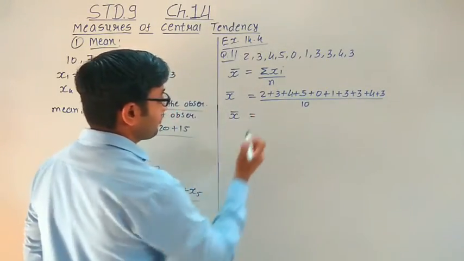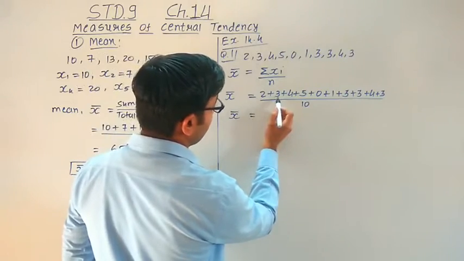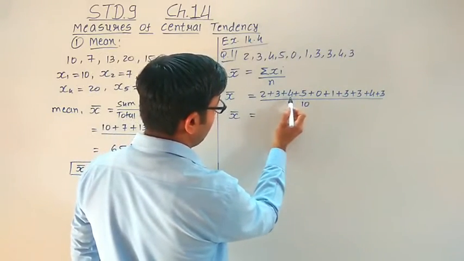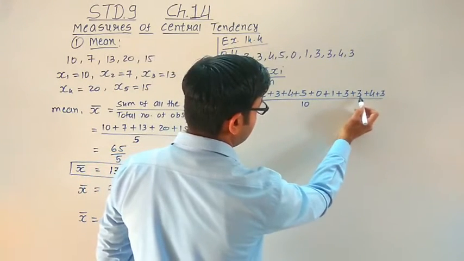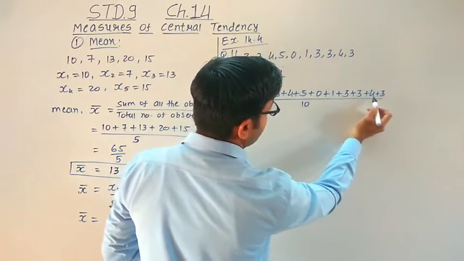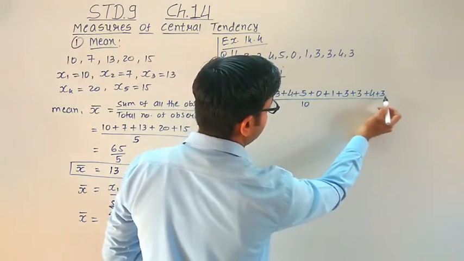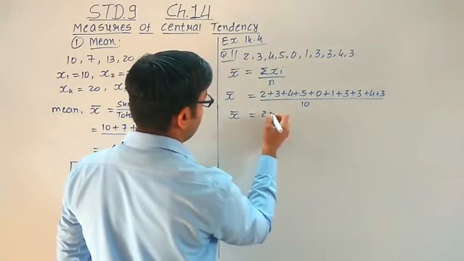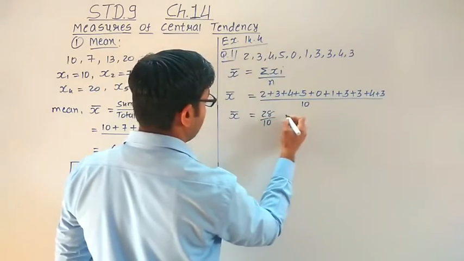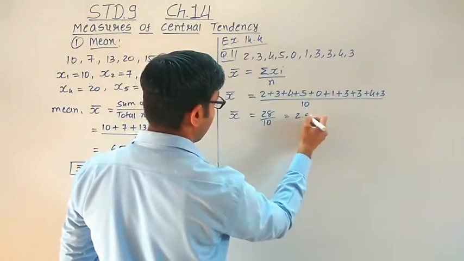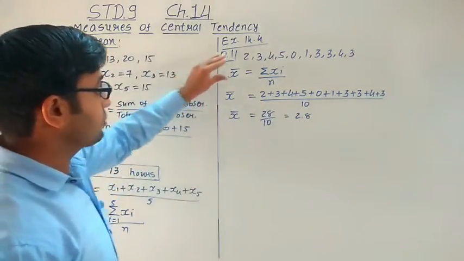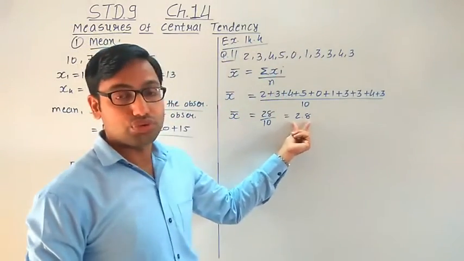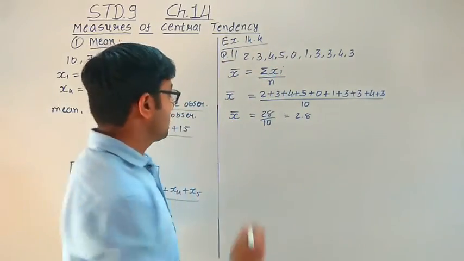2 plus 3, 5, 5 plus 5, 10, 10 plus 4, 14, 15, 16, 17, 18, 19, 20, 21, 21 plus 4, 25 and 3, 28. 28 upon 10 and here we get the answer 2.8. So the mean of all these goals is equal to 2.8. In the same way,